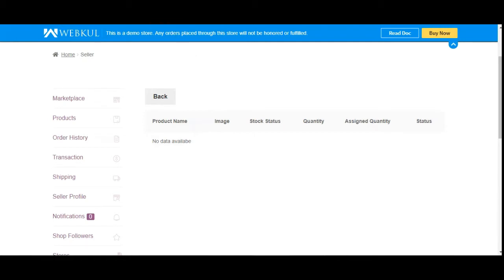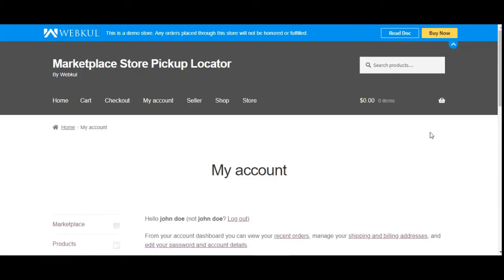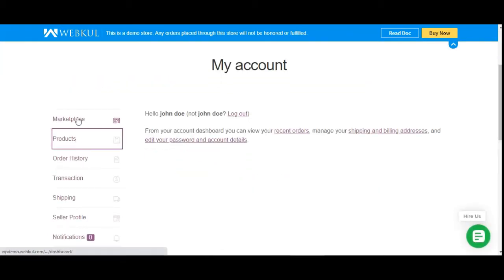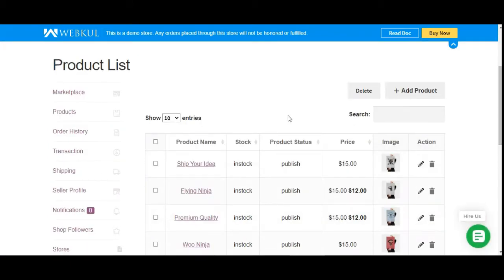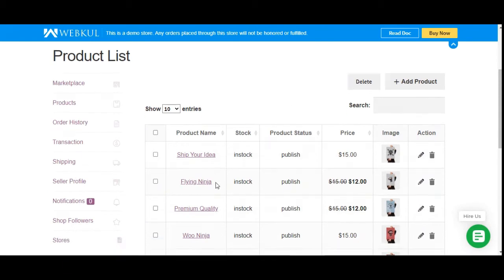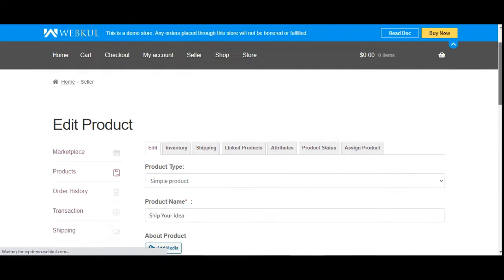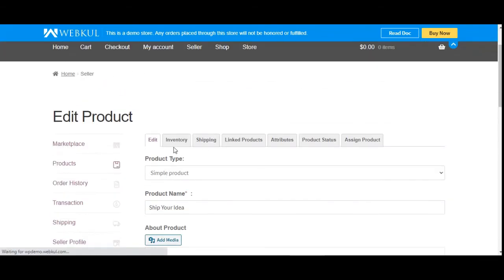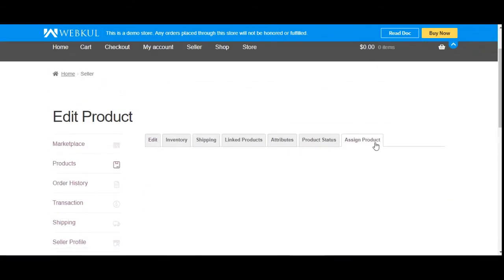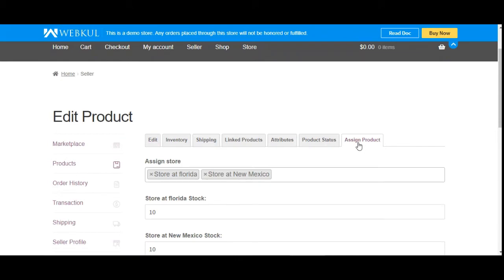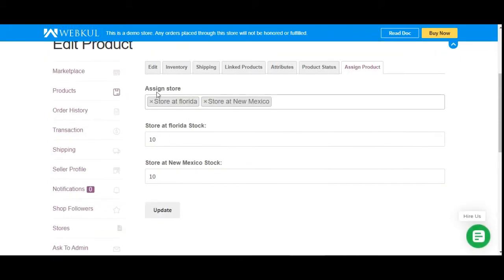So to add the products to our outlets, I'll just navigate as a vendor to my product section from my marketplace vendor account options, and from here we can add any of the products to that particular outlet that we have created. So for that, you just need to tap here on the edit button. You can also do the same for a new product as well, and after opening the edit product page, you'll just need to navigate to the last tab, that's the assign product tab,